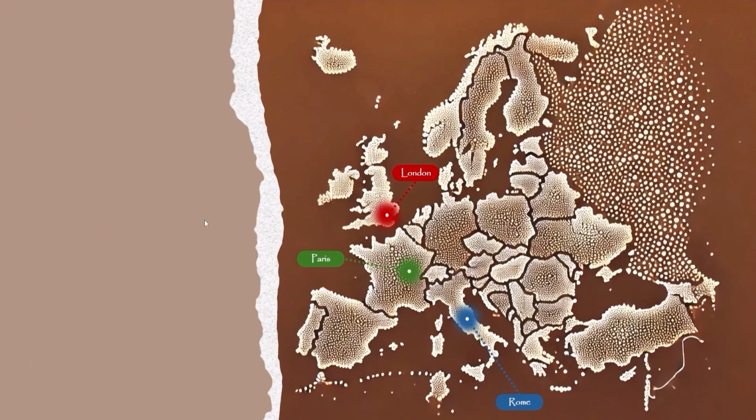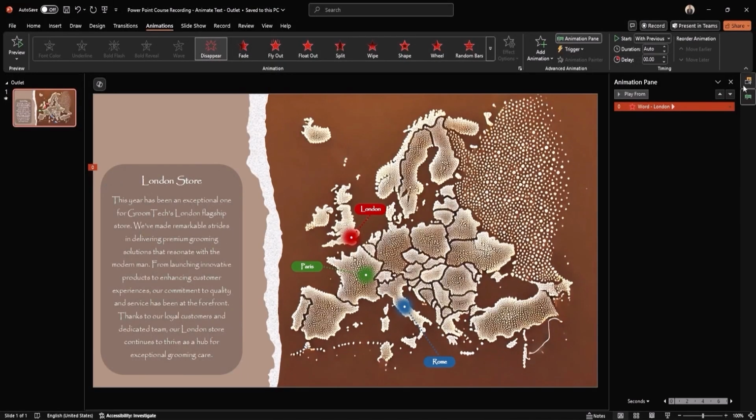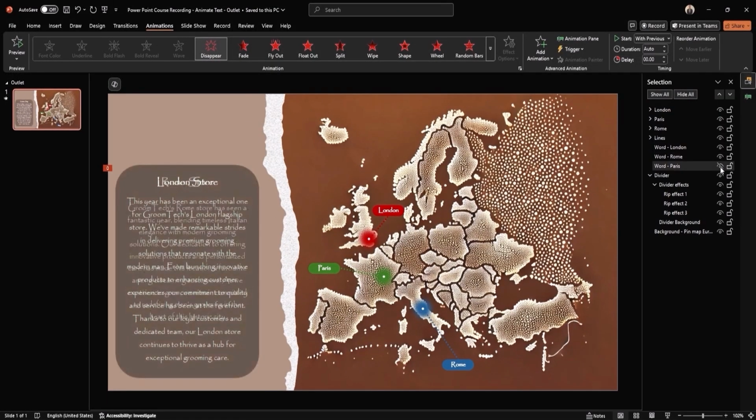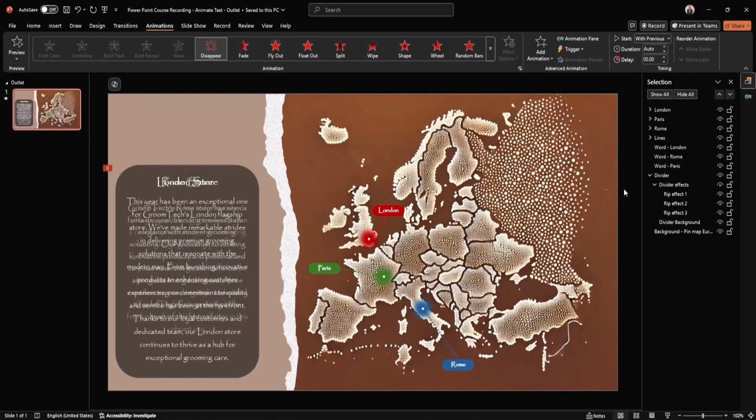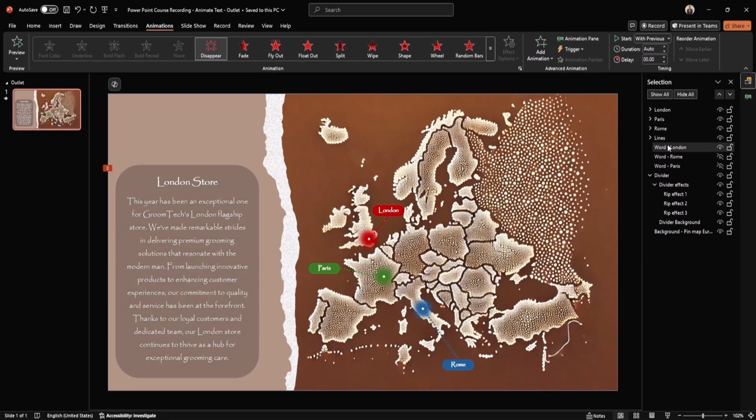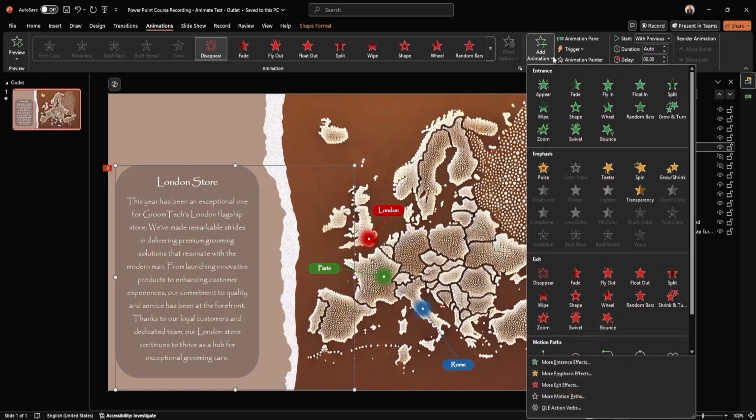If you go back and deselect the other hidden text fields, you will see how they appear when you play the slide. Therefore, we need to give them the same animation as the first text field. But before we do that, let's finish animating the first text field. Select the first text field again. Go to the Animation tab and click Add Animation.